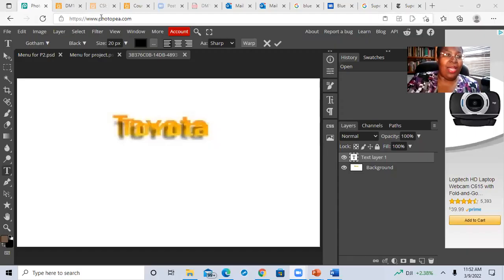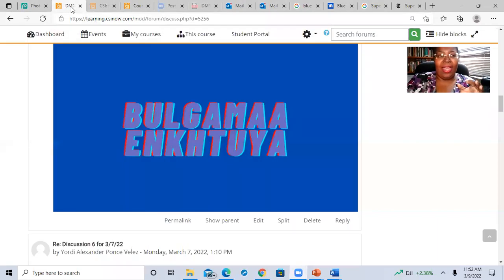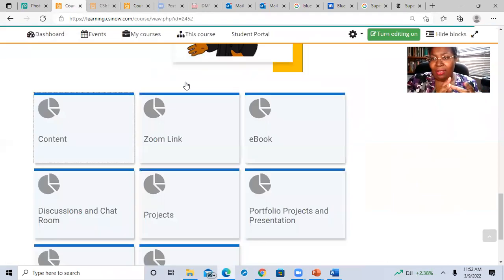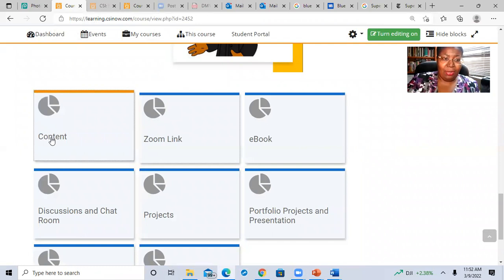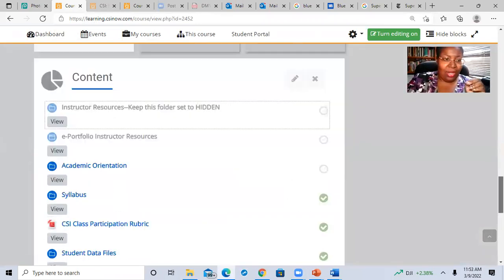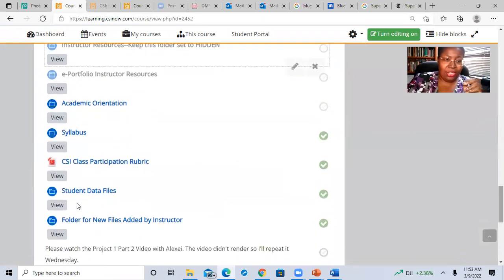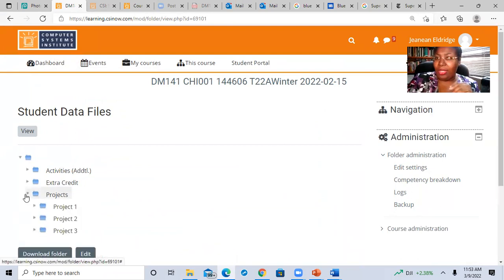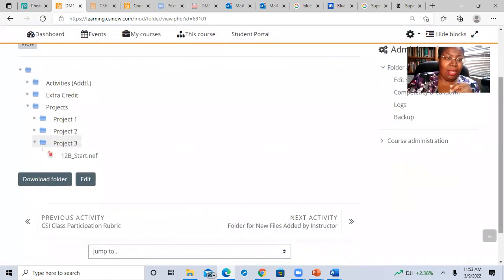Okay, so I need to go back to our class, and those of you who are watching, you remember all of the files are under student data files. So I'm going to go to content. When I scroll down, I'm going to go to student data files. Since we're working on project 3, go to projects. And I'm there at project 3. Now you see this is